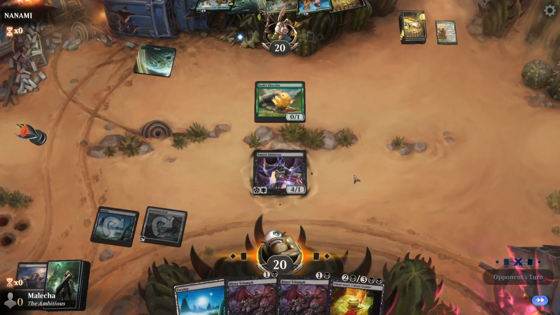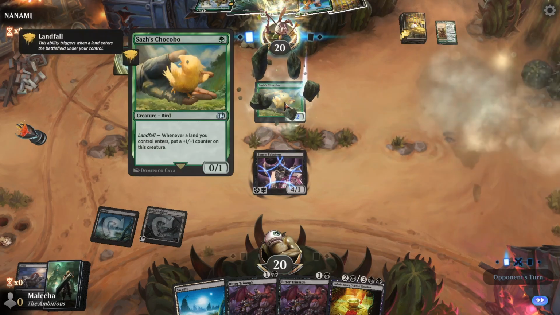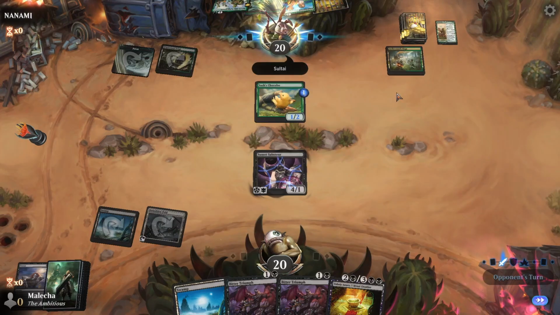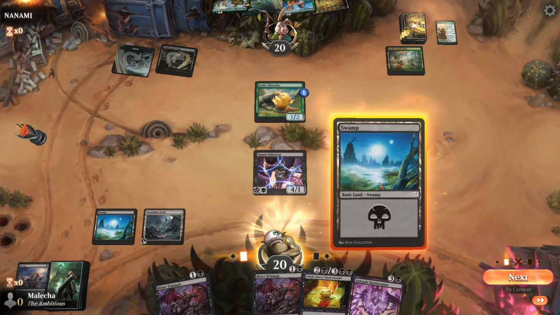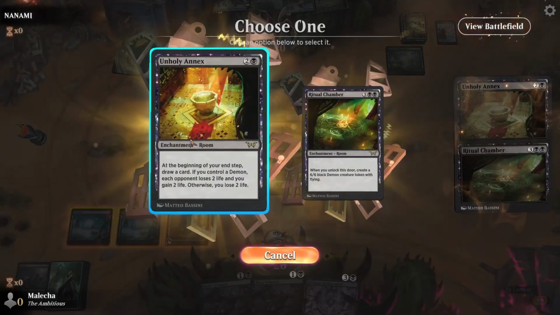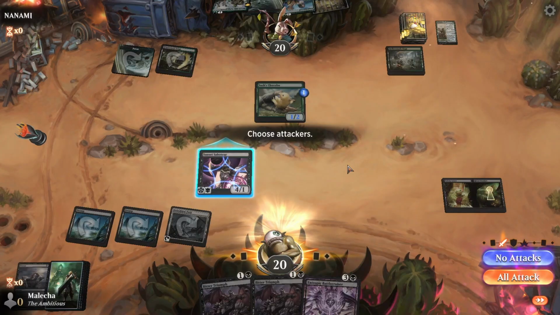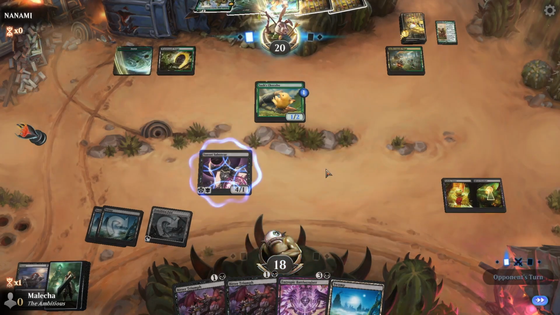We'll discourage them from attacking. Try to get them to pump as much as they can into this chocobo. Oh, they got their black, unfortunately. Well, we're going to want to draw into something. Fortunately, we're going to give them a chance to